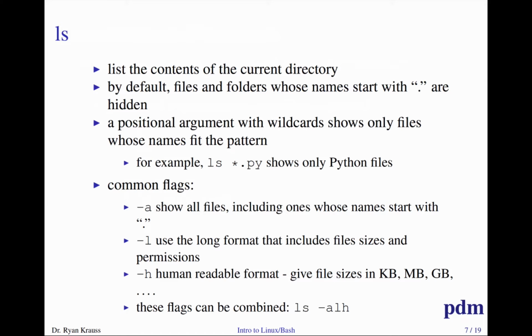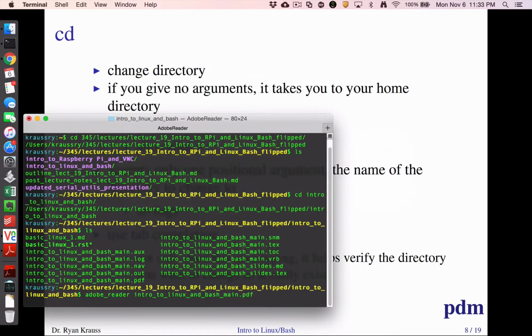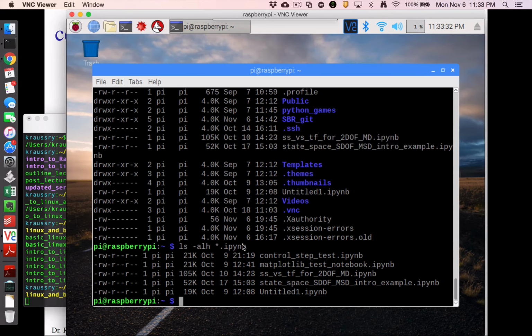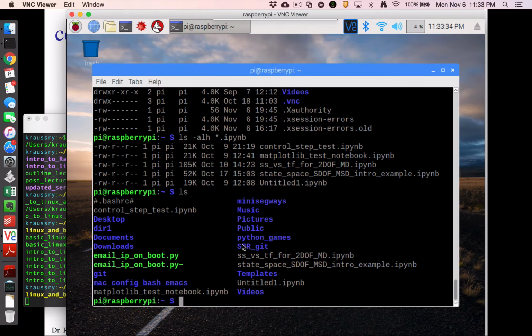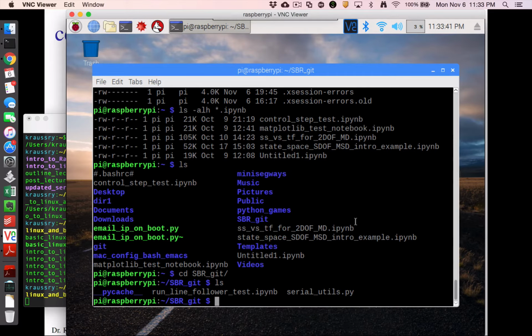And to me, it's always ls or ls minus ALH. I just always use those three flags together, or ls star dot something, and so on. And then cd is change directory. So if I'm here, all the things in blue are directories. So I can, again, take advantage of tab completion, and cd down into this,